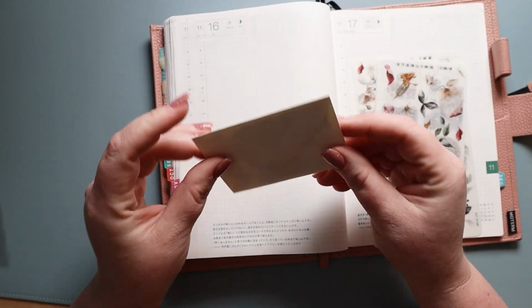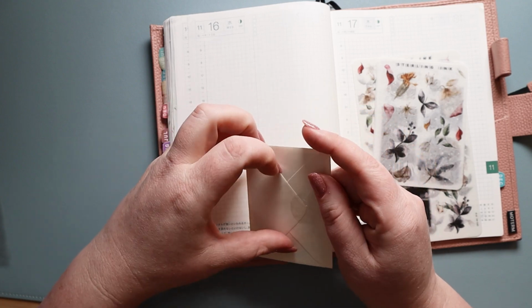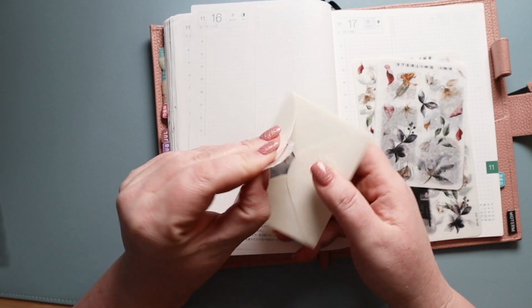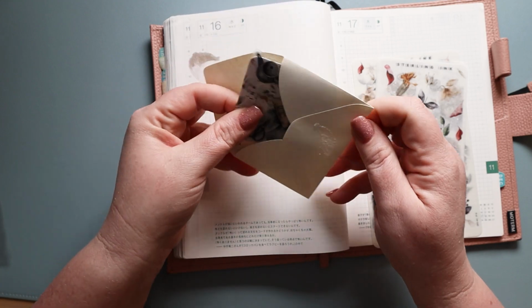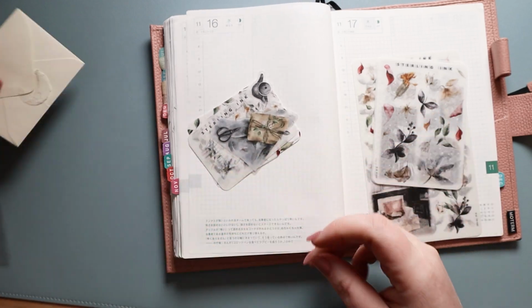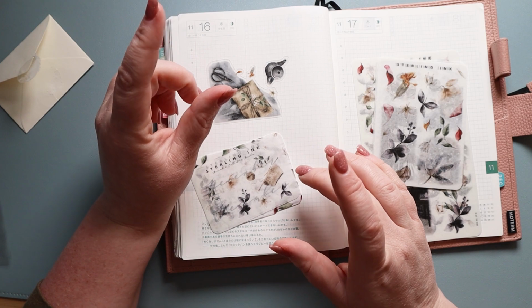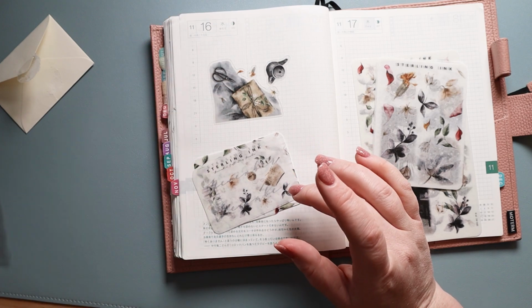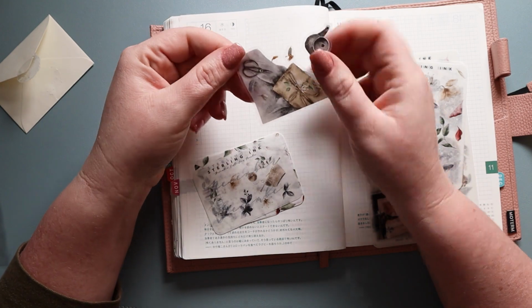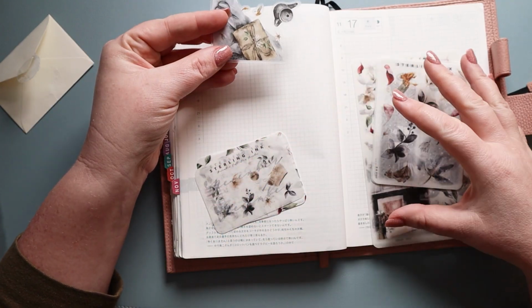It always comes in an envelope, which is really nice because these are our smallest stickers. So inside here, we have a couple little things. I'll just pull them all out for you. Okay. Oh, the sticker is a little different this month. So last month's sticker, do I still have it right here? Okay, I don't know where it is, but this looks to be more transparent to go with this set a